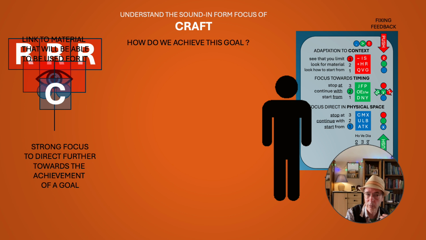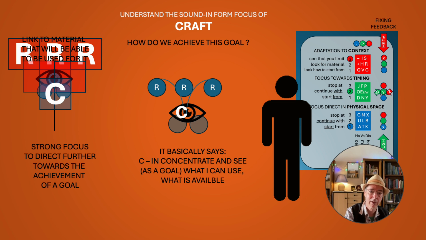The R will always link to the material in the context that will be useful for it. So what will be looked upon, what will be looked for in our goal. So with your talent, you know what kind of talent you have, you know the limits of your talent. You go to the goal, what I want to receive with it, and you just see what material will be able to be used for it. No, as simple as that. So that's what it is.